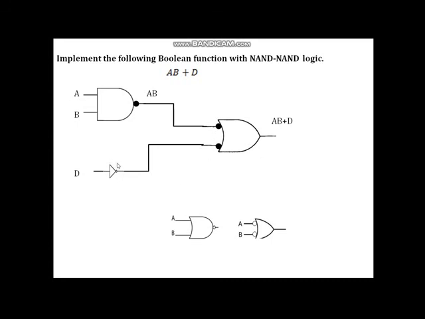And here you are having a NOT, which can be replaced by NAND. If you give the same input on both the lines of a NAND gate, you get an inverter. So now replace this inverter by a NAND gate. Next, you can replace this by NAND. Finally you get the logic diagram like this, in which this function is implemented by using only NAND gates.